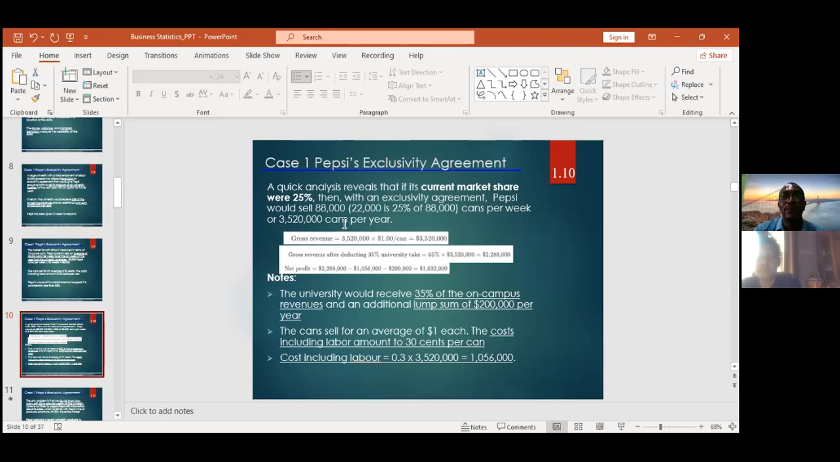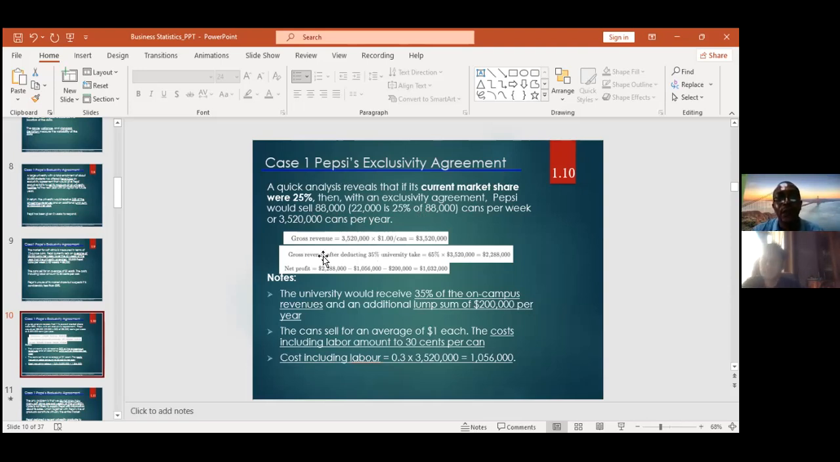Or you can make it per year by multiplying 88,000 times 40 to arrive at 3,520 cans per year. So the reason why it is 40 weeks is because there will be semester break, so excluding semester break, it will not be the normal 52 weeks. So that is why they use 40 weeks. So this is the calculation